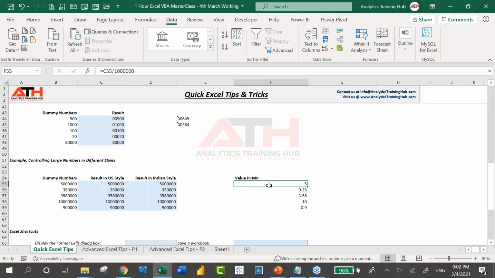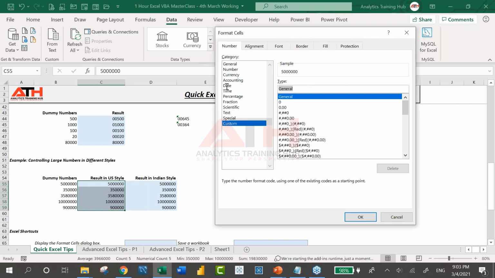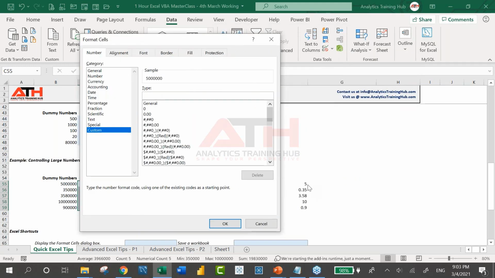So instead of doing all this, what you can do is simply come to the column where you have got the numbers, press Ctrl+1 again, go to custom, and there a very simple code I'm going to show you. Here I see that somewhere it's not giving me decimal places, somewhere it is giving me only 1 decimal place, somewhere 2 decimal places. Also the 0, if you look at it, is very, very important.